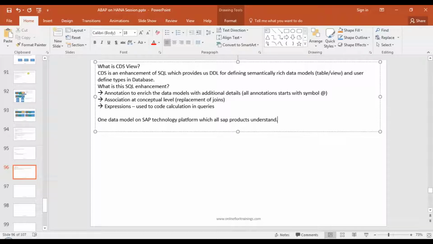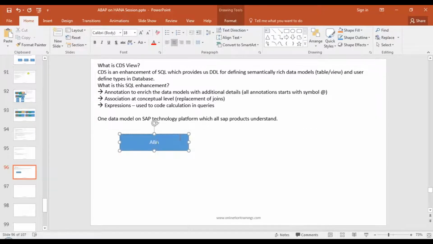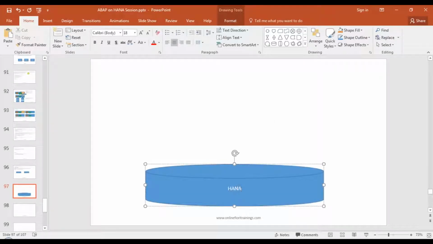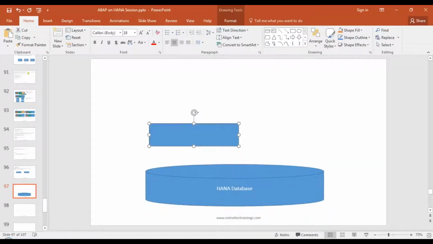There are majorly two types of CDS if you look at. One is ABAP CDS and another is HANA CDS. So what exactly is the architecture of HANA CDS? If you typically look at any system in SAP, you have your database, which is now majorly HANA database, and on top of it an application server.